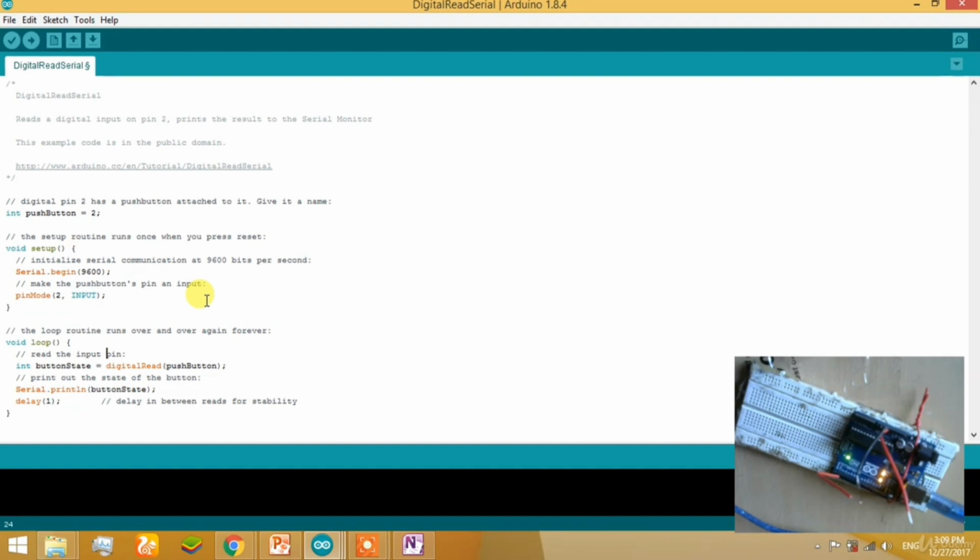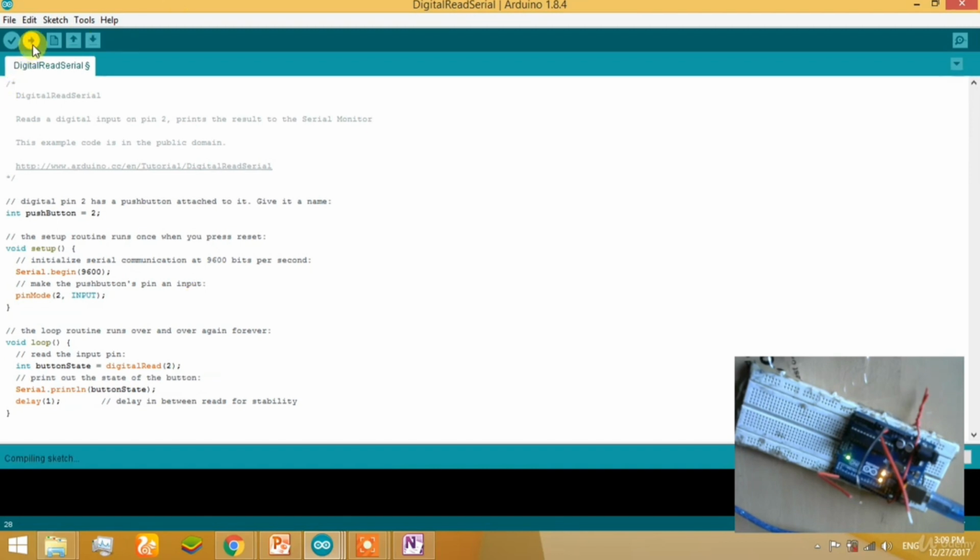Now go to void loop. It says int buttonState will be digitalRead pushButton. Remove the push button and write the value 2 for your better understanding and clear knowledge of the thing. In the void loop the program is saying that the buttonState variable will check the state of digital pin 2. Whenever the state of digital pin 2 changes from 0 to 1 or vice versa, it will give a value to buttonState and the buttonState will be printed. In the next line you can see that it will be checking the microcontroller every 1 millisecond.